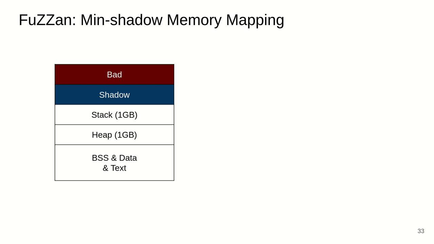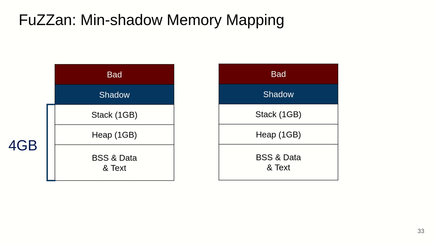So we shrink the application's memory space while still running on a 64-bit target to maintain the corresponding compact shadow memory. For example, if you shrink the target application to 4 gigabytes, right, 1 gigabyte for the stack, 1 gigabyte for the heap, and 2 gigabytes for data, text, and zero initialized data, we only need to maintain around 5